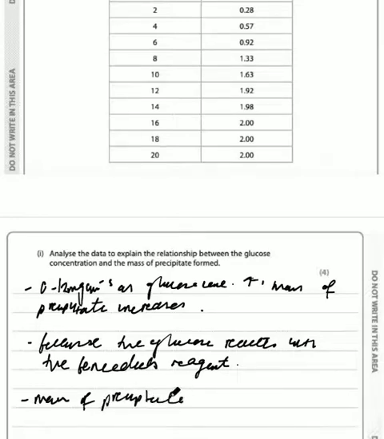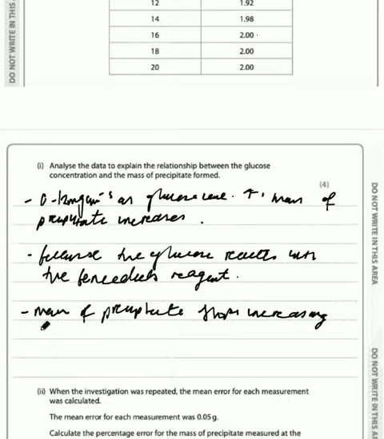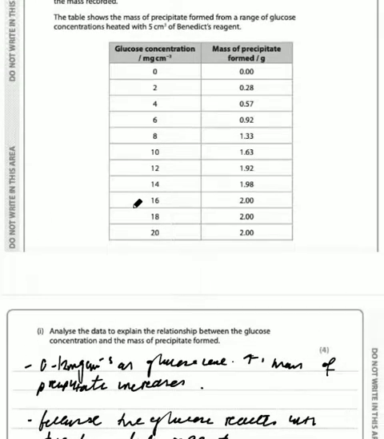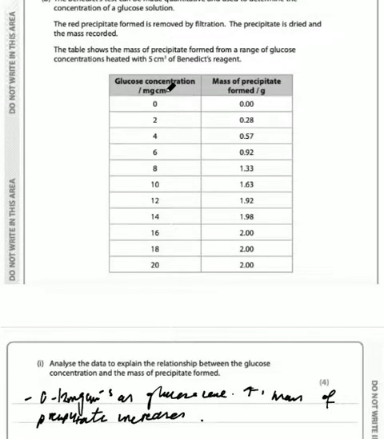So the mass of precipitate stops increasing after 16 milligrams per centimeters cubed. And now we need to say why. And that's because all the Benedict's reagent is being used up and the glucose is the excess, because we're increasing